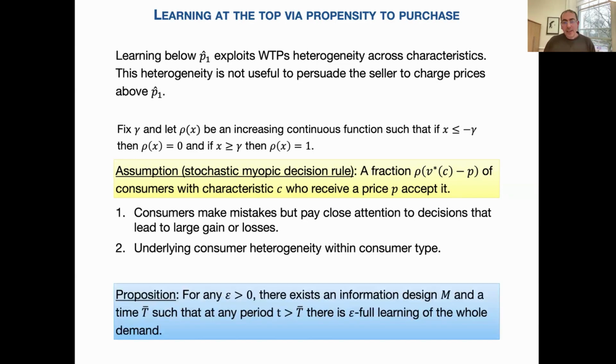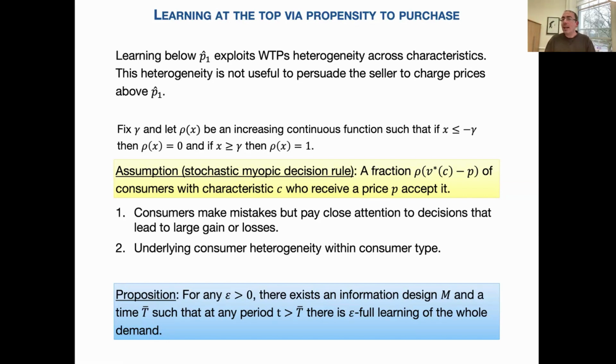Okay, so in that environment, what has happened is that at the end of the first period, I actually learned that there are some consumers that have a value strictly above P at 1, and I learn for sure. So now my new posterior is that I can define a market where there are only consumers that have a value strictly above P at 1. Okay? And I can give the seller this market.